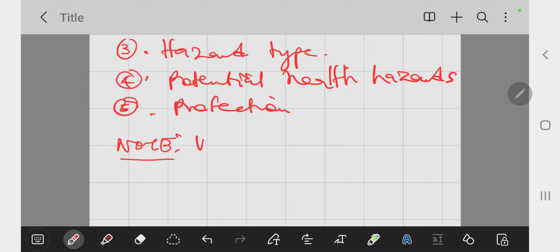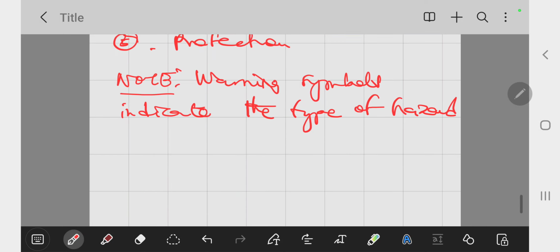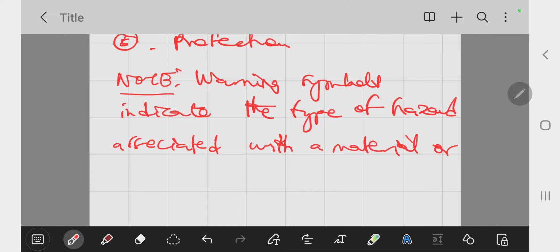Say note, warning symbols indicate a type of hazard associated with the material or chemical. Yeah, so the warning symbols will basically indicate the type of hazard which is associated with a specific material